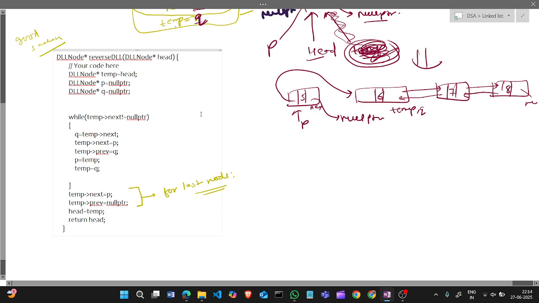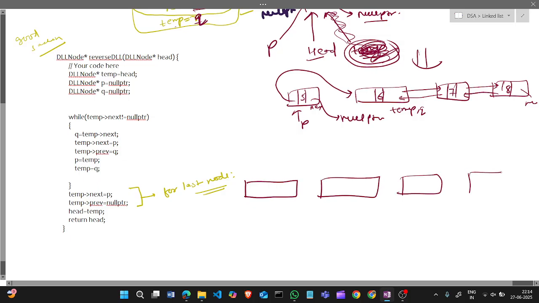So how to reverse? Let's take an example. So this is the example. Here are the nodes 1 2 3 4. These are the addresses 100 200 300 400.